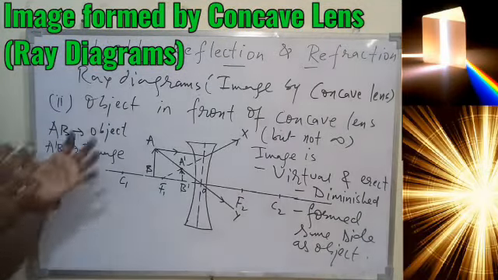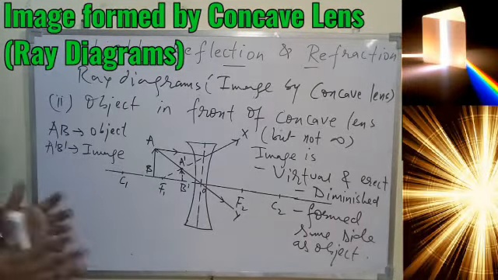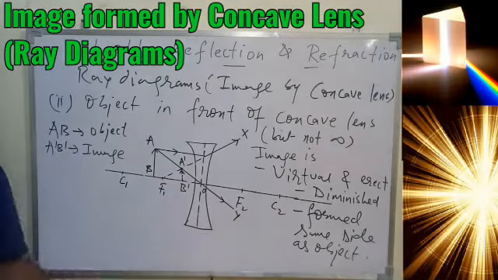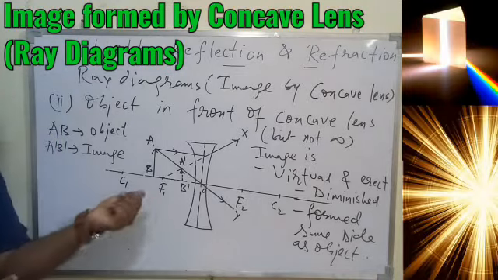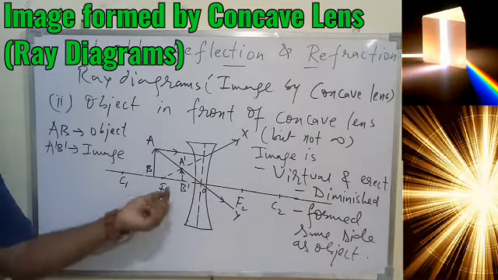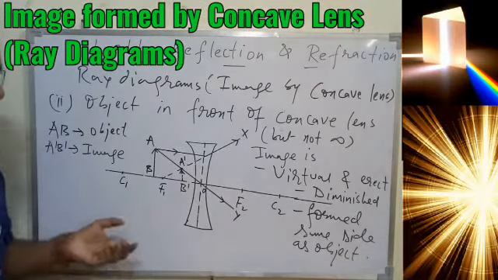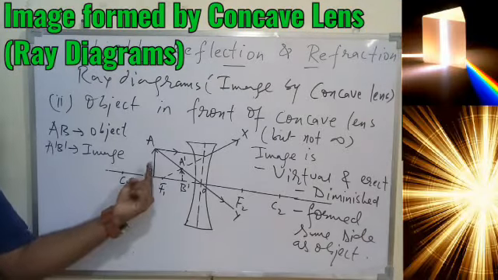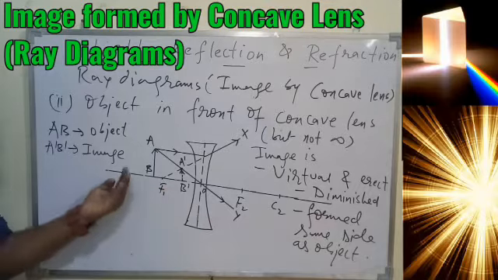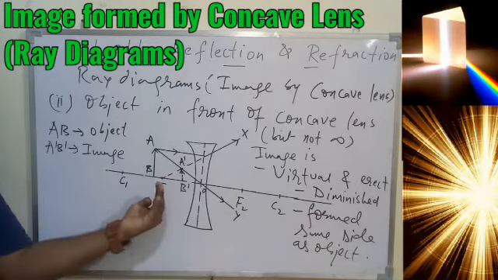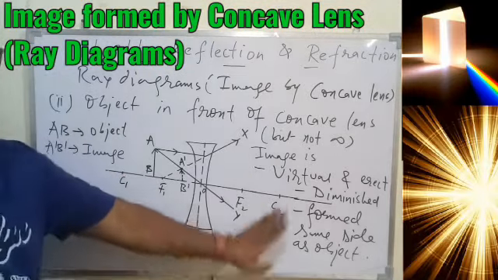So that is the normal or the general condition we have in the case of concave lens. All the time we are going to get the same characteristics of the image. Only at infinity, if the object is at infinity, we get a very diminished image at focus. But in the rest of the cases, all the time the image will have these characteristics. You can try at home. You can place this object away from this F1, close to F1. Just keep moving the object towards the lens, away from the lens, and try to study the nature of the image. In all the cases, this will be general.